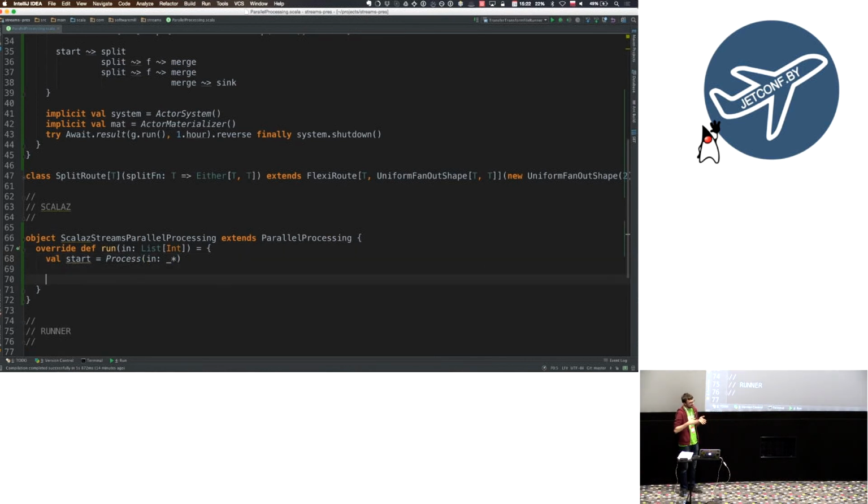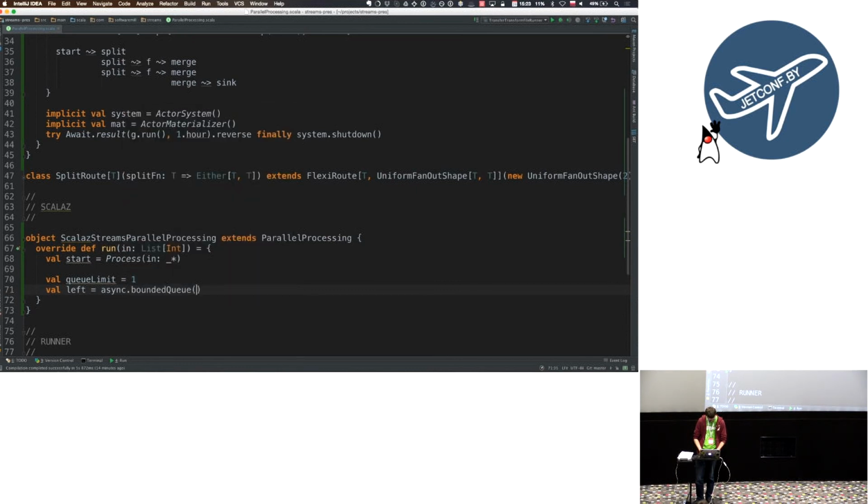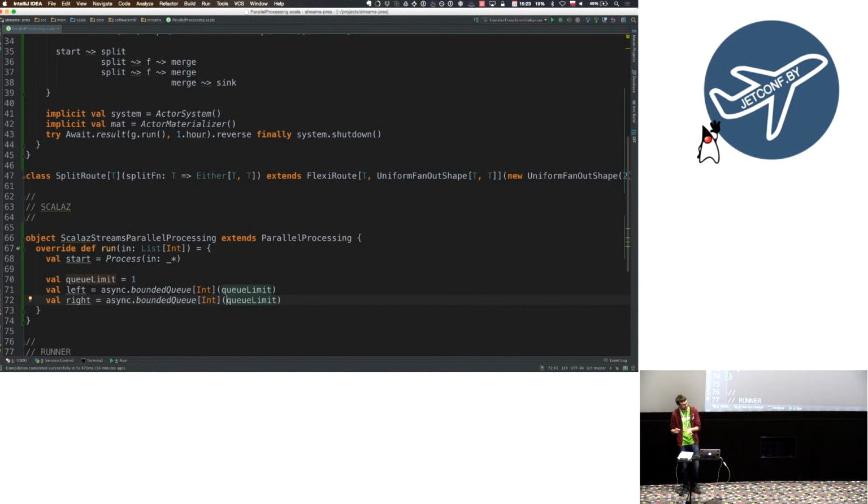So now, to do the split, we will have to model concurrency explicitly using queues. Okay, so we will have 2 queues, queue limit. The left will be an async bounded queue, and it will hold ints, the queue limit. The right will be the same. Okay, so we have bounded queues. The queue limit doesn't really matter a lot. 1 is a very safe value. Well, it doesn't matter a lot in this example. So we have created 2 bounded queues, and those queues will hold the elements that should go to the left or the right